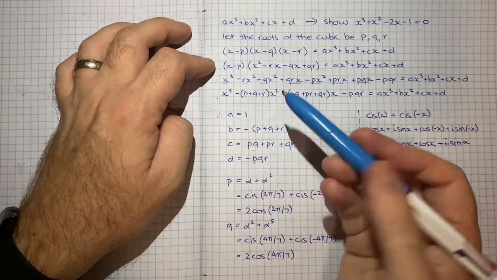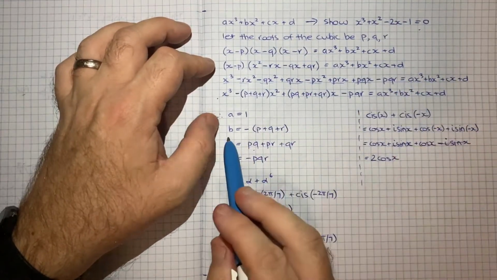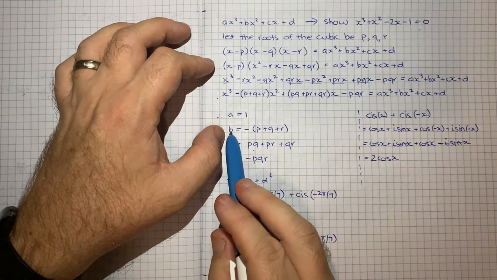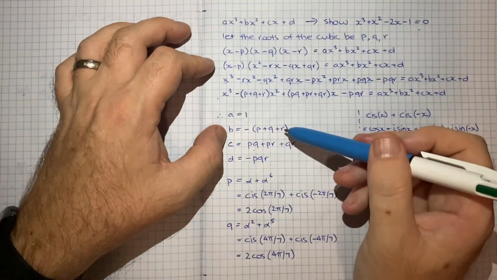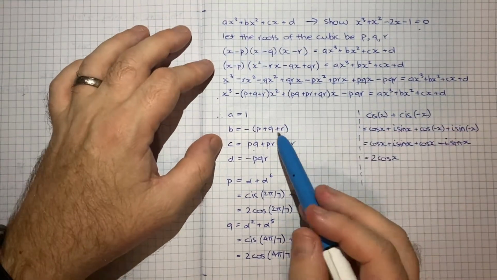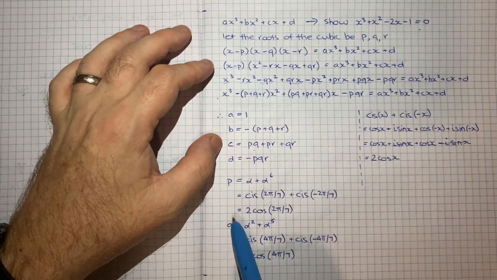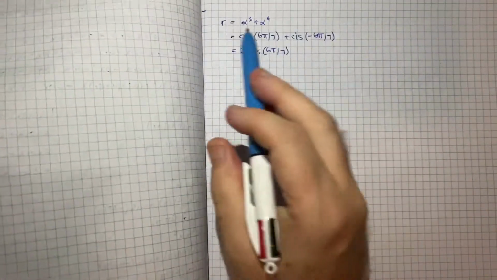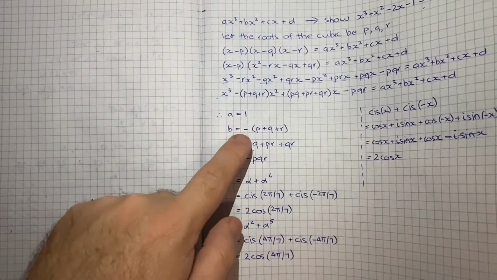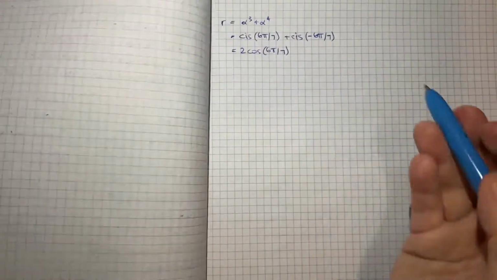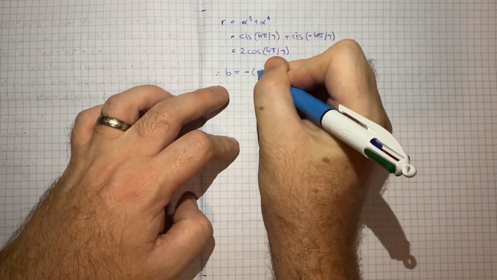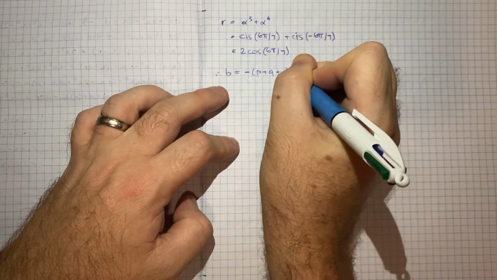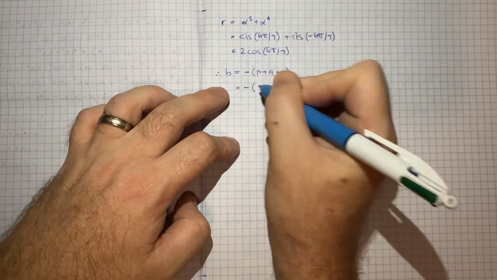So getting A is equal to 1 is a good sign. Now let's see what we get for B. I mean, we kind of know it's got to be 1, but we need to show it. So let's throw in our values of P, Q, and R. It's actually negative P plus Q plus R. So therefore B is equal to negative P plus Q plus R, which equals negative,